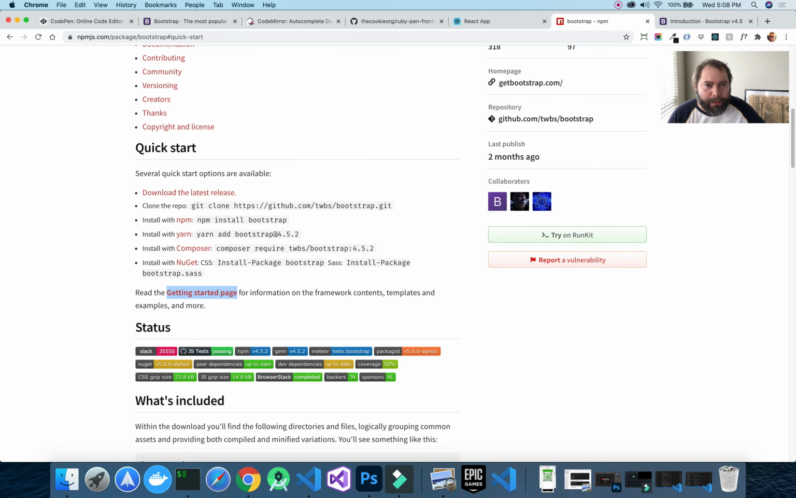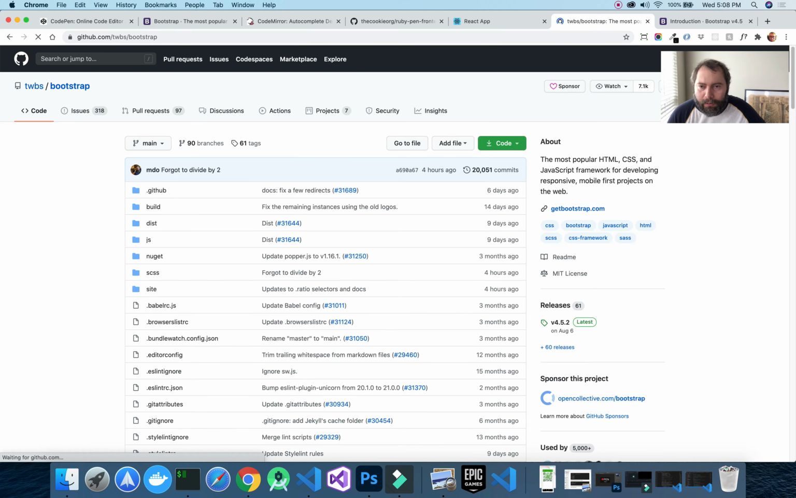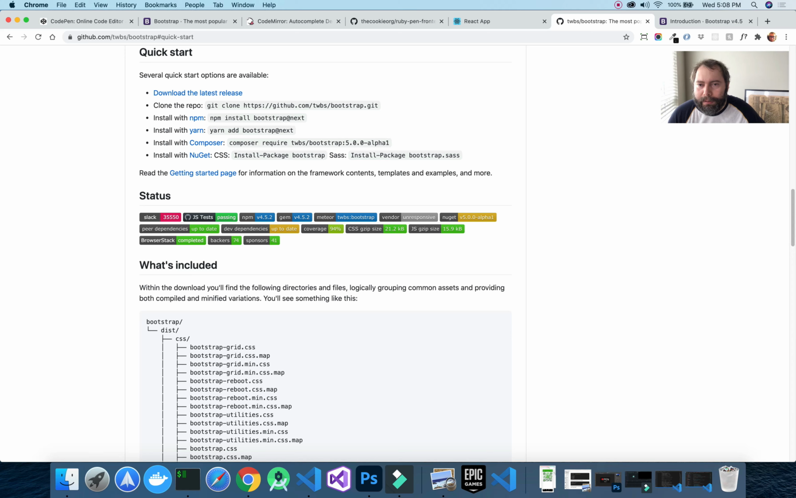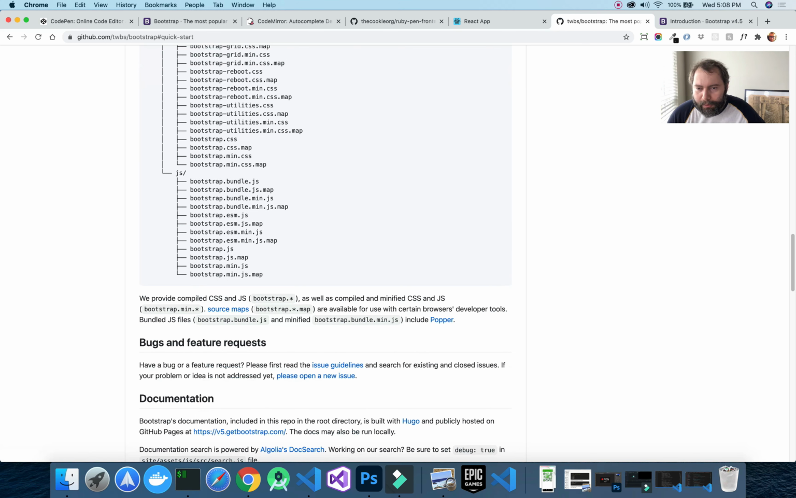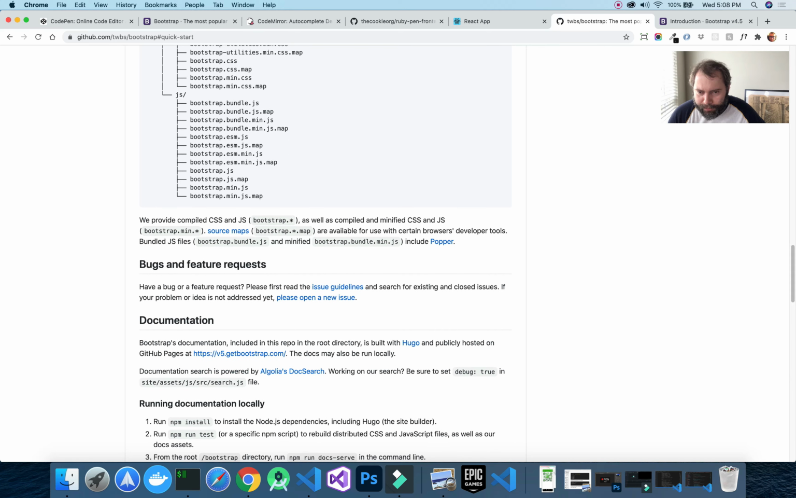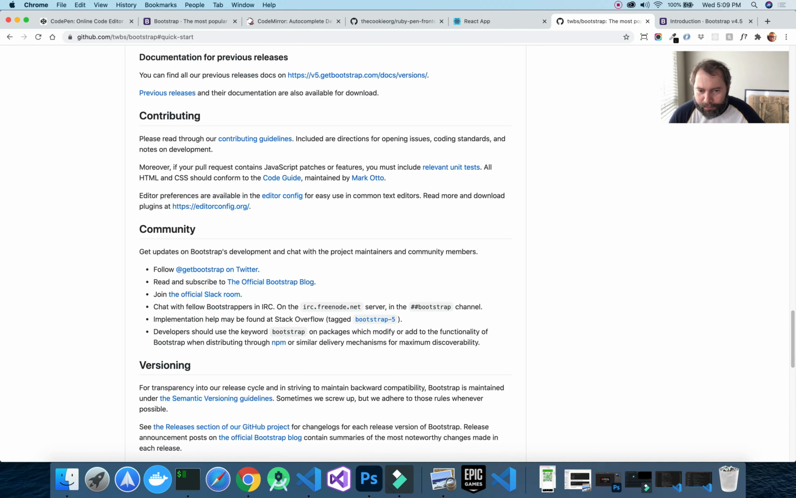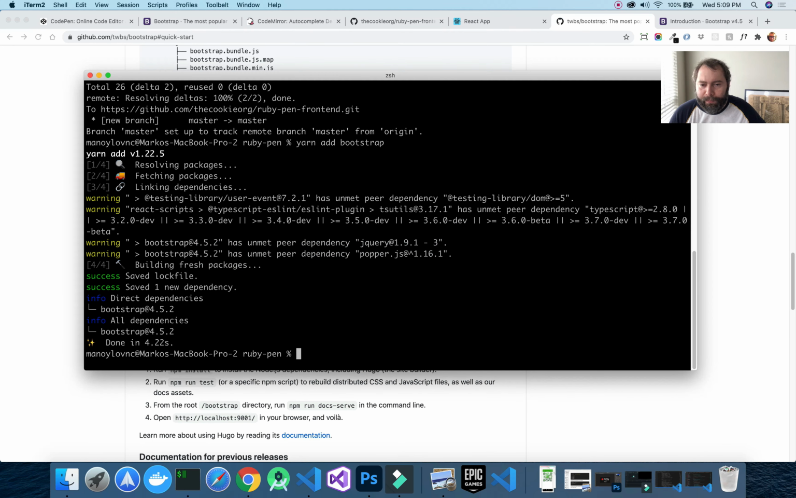Let me see the actual quick start, what's included. So quick start, download the latest release, read the getting started for information for the favorite content, templates, examples, and more. Okay. Documentation. Okay, get Bootstrap. Okay, fine. I guess we don't have to include anything. So let's see. If I run yarn start,